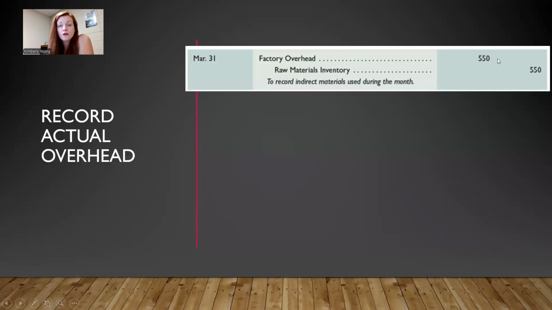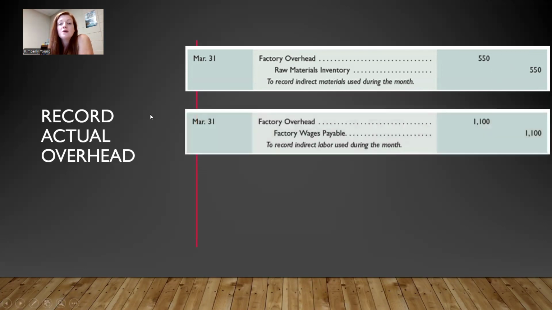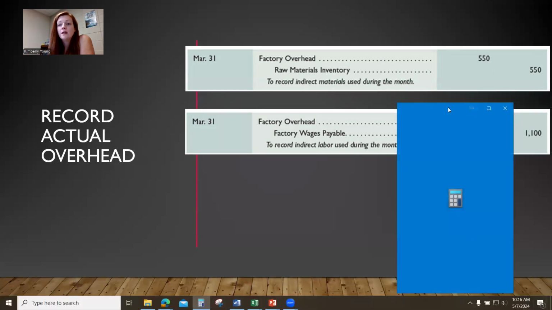So actual costs are debited to factory overhead. Estimated costs, the applied amounts, are credited to factory overhead. It left raw materials inventory with a credit, moved into this little pit stop before it goes into work in process, so we can put it in factory overhead to make sure we keep track of all of our indirect expenses. We had indirect labor of $1,100, and that is going to be